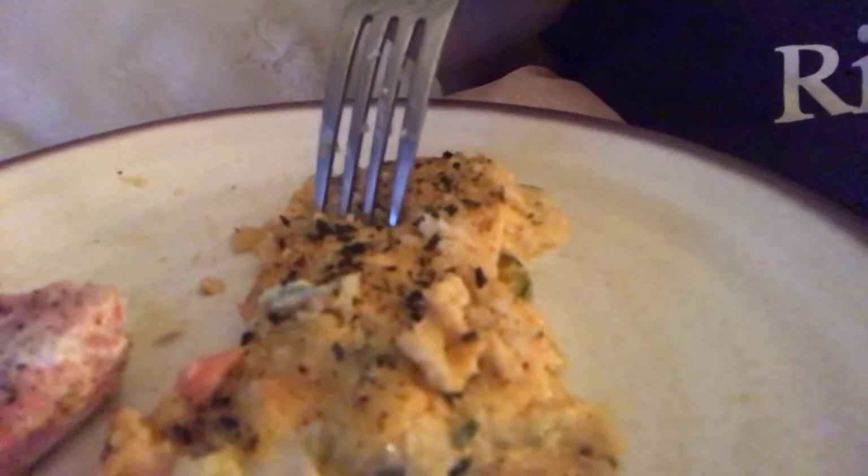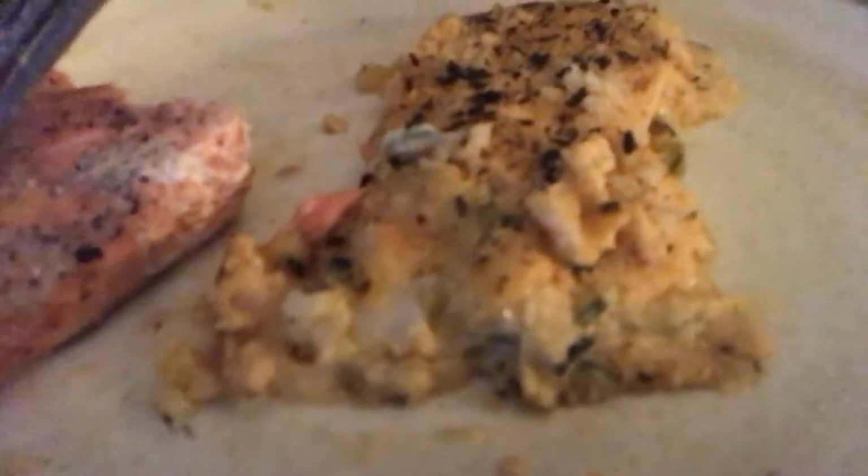Hold on, I'm on the last meal, and now this is the favorite of the day, my keto mac and cheese, and my salmon, which I've already eaten some of. So yeah,